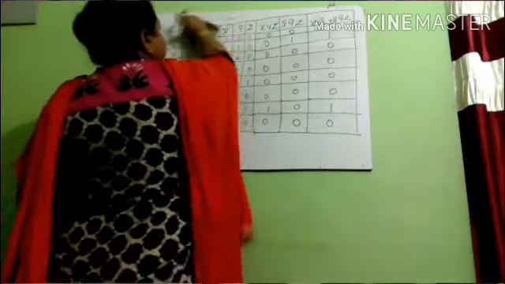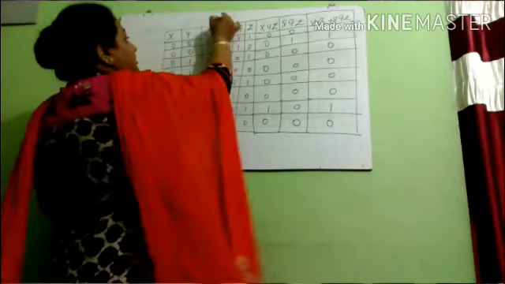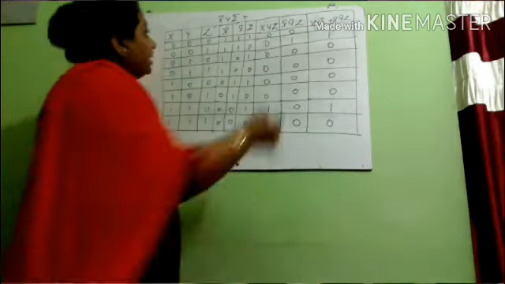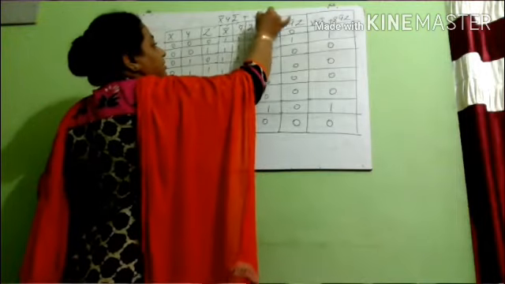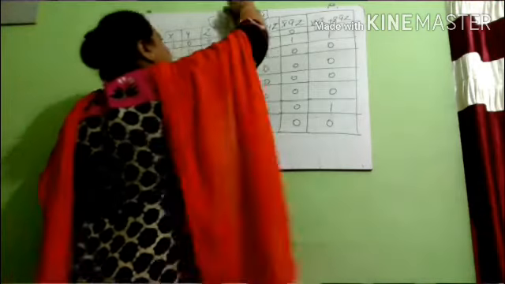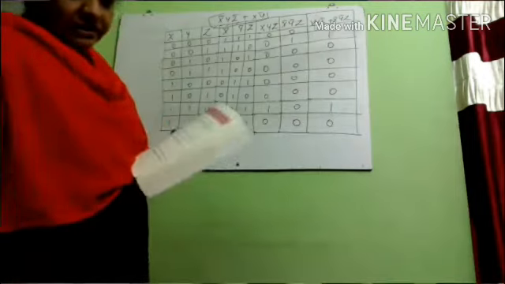Now, as we have got X Y Z bar and X bar Y bar Z, let us OR them. Plus means OR. These two we have to OR. 0 plus 0 is 0. 0 plus 1 is 1. 0 plus 0 is 0. 0 plus 0 is 0. 0 plus 0 is 0. 0 plus 0 is 0. 1 plus 0 is 1. 0 plus 0 is again 0. So this is how we construct the truth table for three variables.